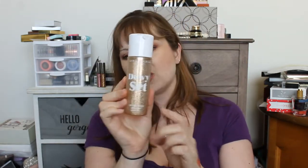It's just the packaging itself that is all sparkly, but it's pretty. Like, I like sparkles. I just don't want them all over my face, if you get what I mean. So it smells like coconut. It mists beautifully. So it's got the same sort of contraption that you get with the MAC Fix Plus, but